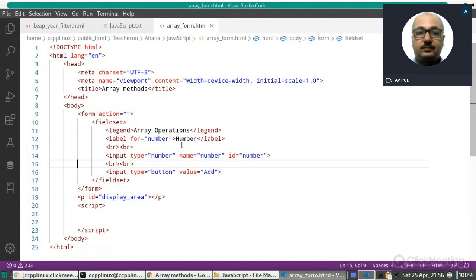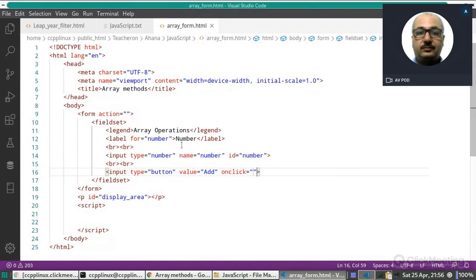Now here we will use a simple event, that is onclick. I think we have already discussed this event initially in some programs. Later we will learn all the events in more detail, but this onclick is the most common one. So here what we will do, we will simply pass the number to the function, and that function will